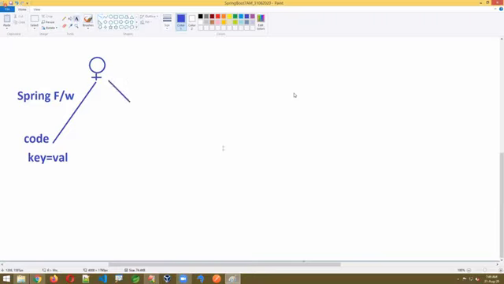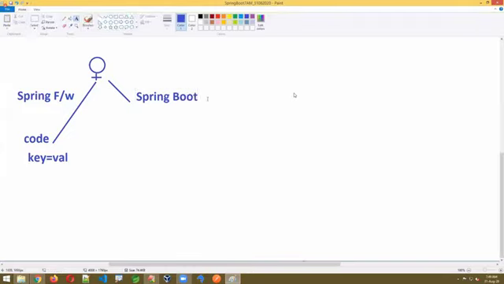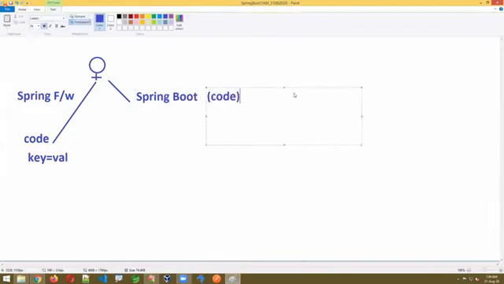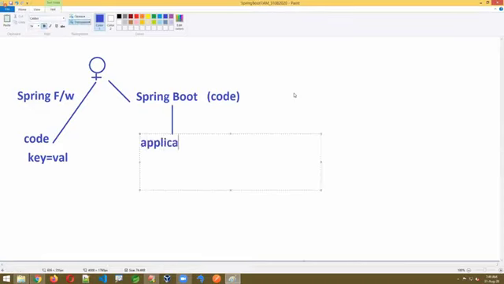But remember, you are following a predefined convention. Spring framework said like this, but Spring Boot said no. This time you don't write the code. Code is written by Spring Boot only, not the programmer. They said, okay, we follow one standard naming rule. You have to write the same file name. You can't write another. Application.properties must be the same. Slightly we are going to change it by using some profiles or some loading files. Slight naming changes will come, but as of now it's a fixed application.properties, and there you write the